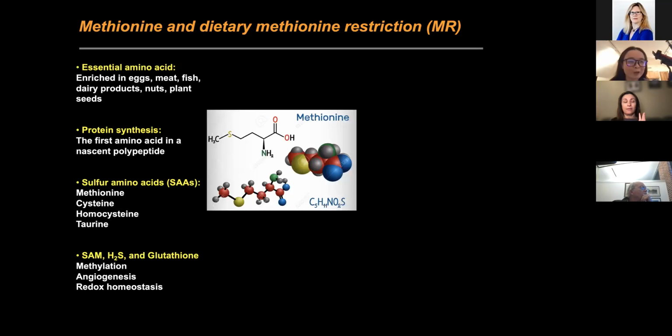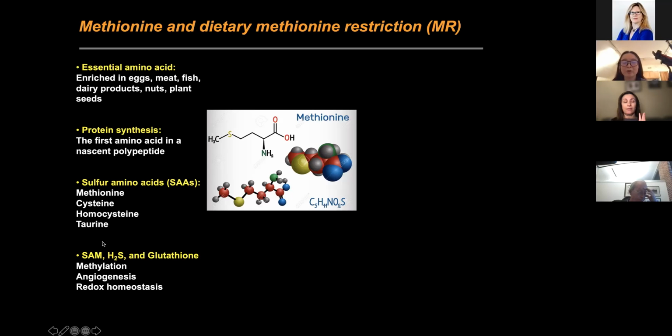So then in the second part of my talk, I'm going to switch gears and talk about methionine metabolism. I think everybody knows that methionine is an essential amino acid required for protein synthesis. Methionine actually has many unique features. One of the most striking features is that methionine is one of the 4 sulfur-containing amino acids in our body, and